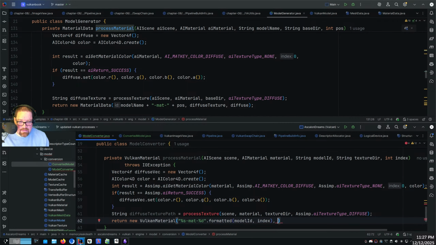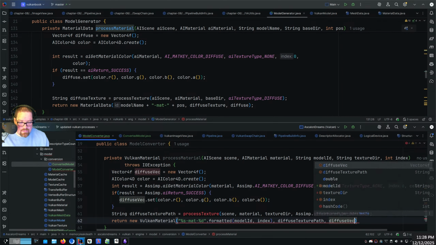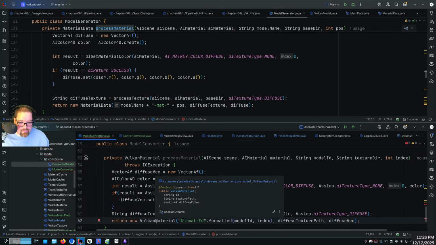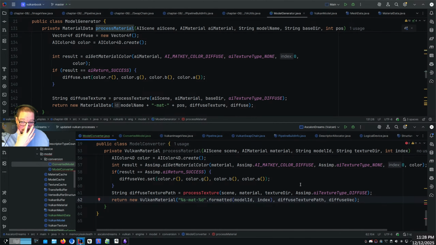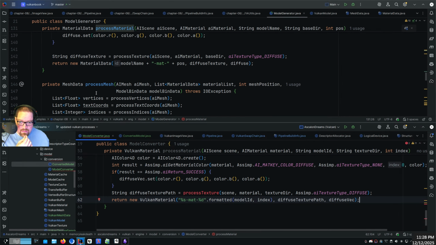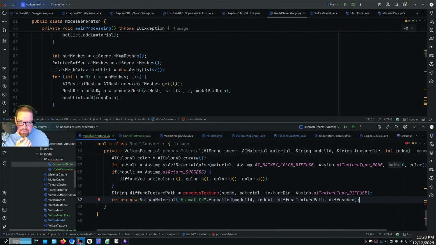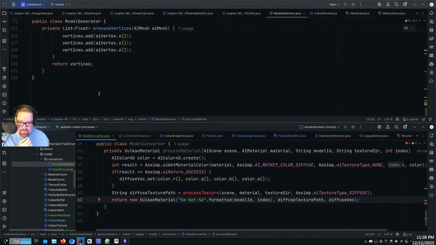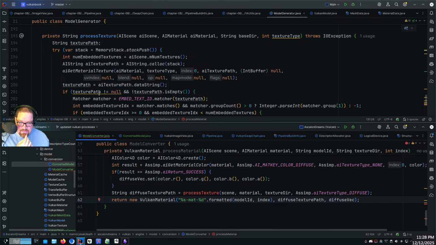What's the next thing? Diffuse texture path. And then use vector. She's got, okay. Yep, it does that. Let's do process texture here, which I think is up the top of the file. Let's process texture coordinates. Here's process texture. So